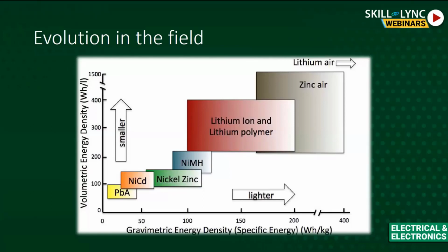So what is happening with this evolution of the field? The size of the battery is getting smaller, but the energy will be more. To manage that energy, if you see in future, the more the energy, the more the heat generation, and the more the complication of the battery thermal management system. So as soon as the field evolves, battery thermal management will be the most